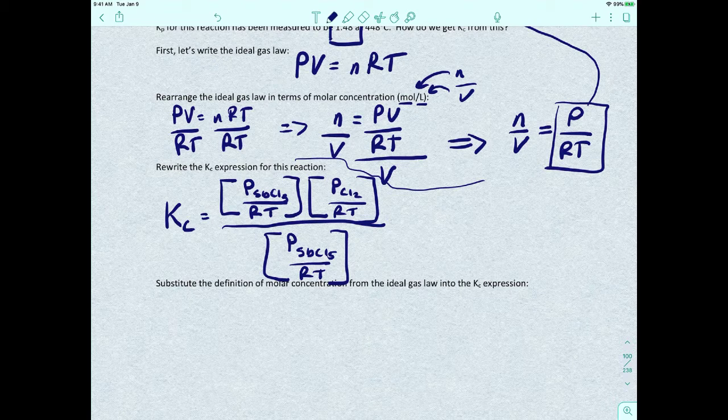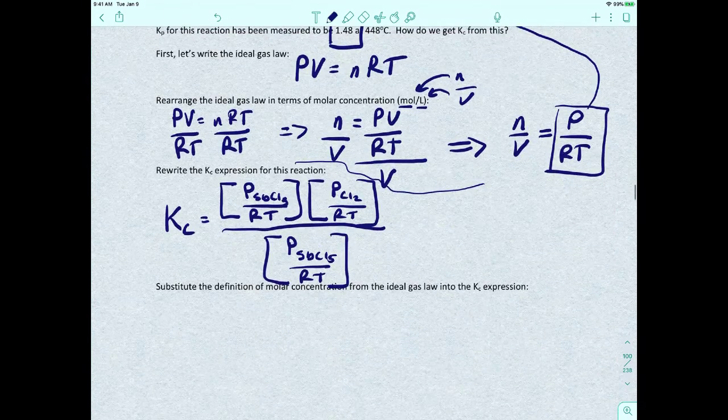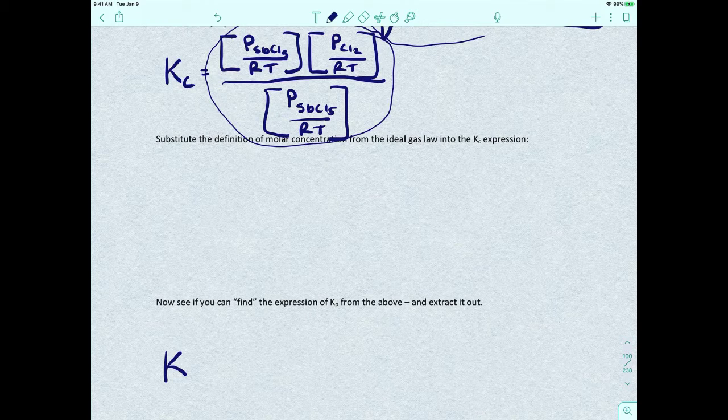Okay, now let's see if we can find somehow the expression of Kp from above and extract that out. So remember that Kp was this. Kp were all the pressures. So what I want to do is extract this expression out of what we got here. This is where it's going to get a little ugly. So if I was to rewrite this expression Kc and see if we can extract the Kp,